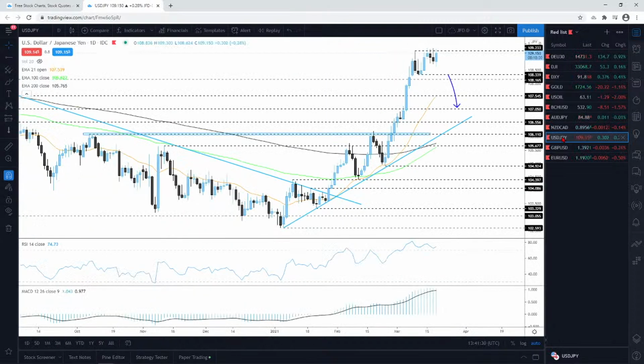USD-JPY, so here the pair is similarly like with AUD-JPY. USD-JPY is struggling with that barrier, this 109.23 territory. I spoke about this pair yesterday, and basically what I mentioned here was that if we get that daily candle staying above this area, then yes, we'll go for some higher levels, but so far we're not really getting that, and instead we keep getting